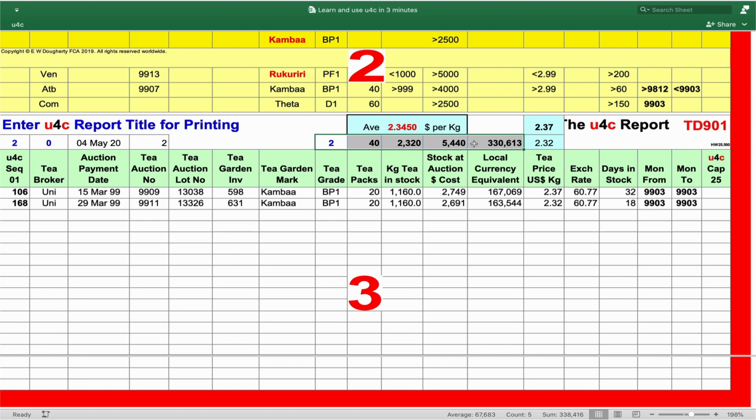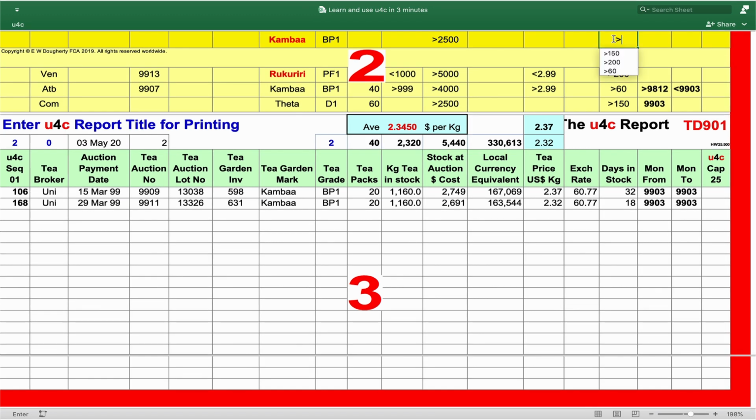But for a further multiple question, how many of these stocks have we held for more than 30 days? We enter greater than 30 on the queue bar, and we find there's only 1. That's a further example of u4c targeted intelligence at work on any data spreadsheet or dataset report extracted from any